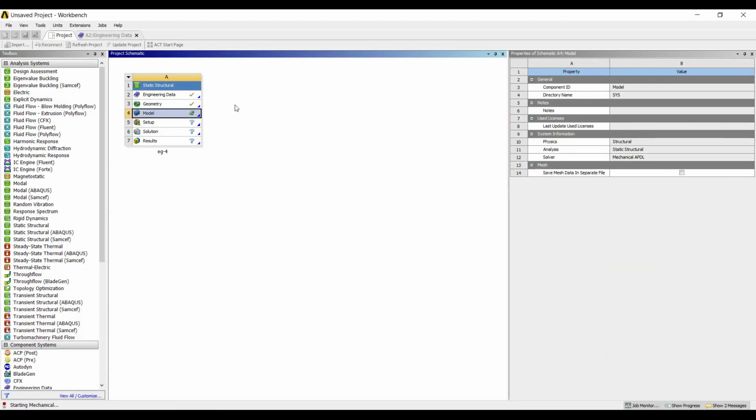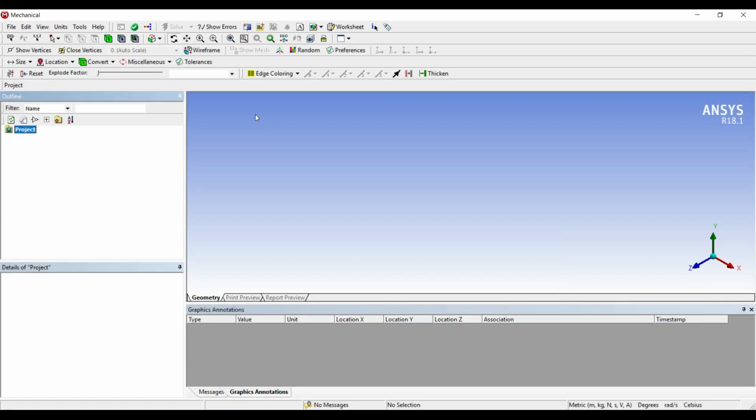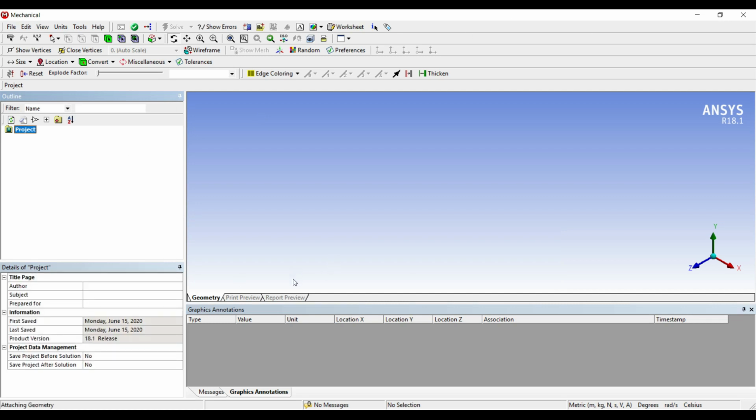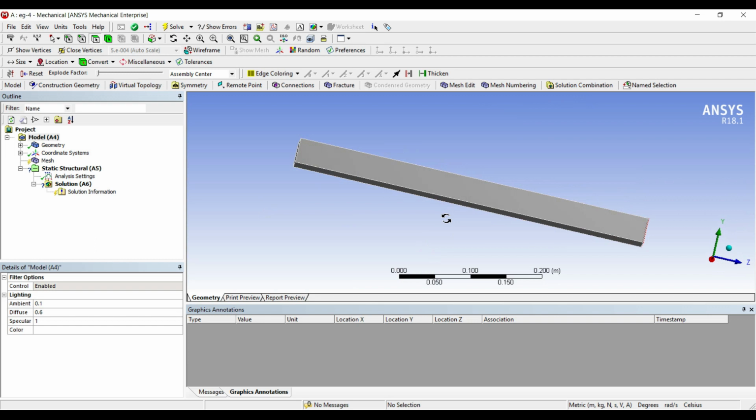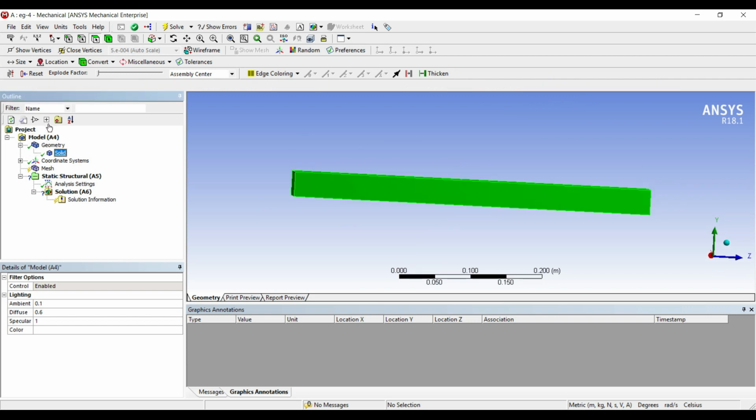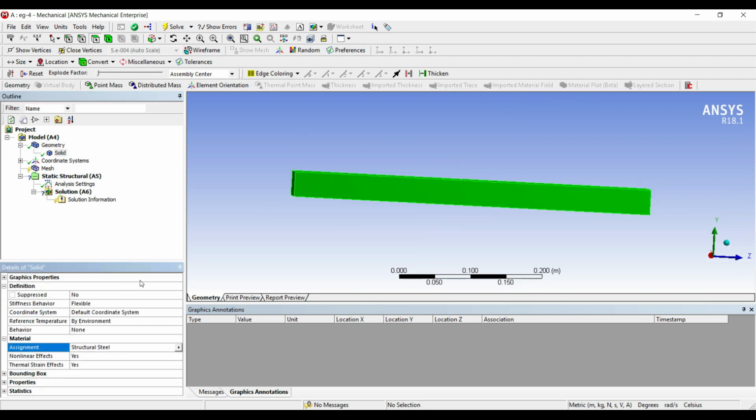I'll go to model and double click. I'll go to geometry, solid. I'll choose the material as structural steel non-linear. Mesh.